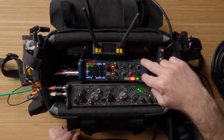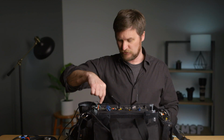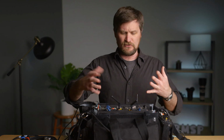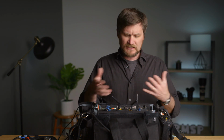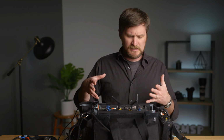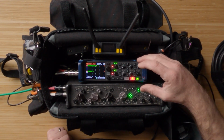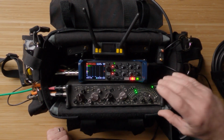Unfortunately, the take on the cards was bad, but I was saved because I had the take recording from the breakaway cable right into the camera. So it gave me an opportunity to fix the problem by switching the cards out, put some new cards in. The take was saved because of that breakaway cable. So that's nice. It's a little cumbersome, a little bulky, but it's nice in scenarios where it gives me a sense of backup. Whereas if something goes wrong with this sort of lesser expensive Zoom recorder mixer, I still have